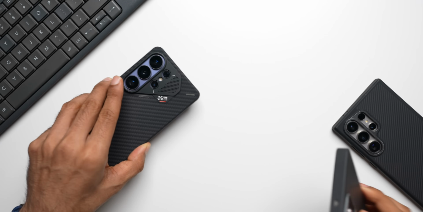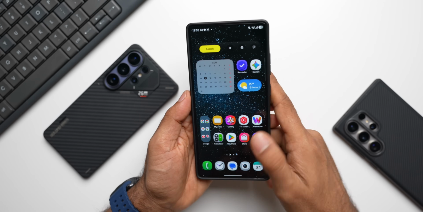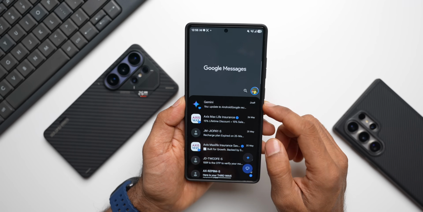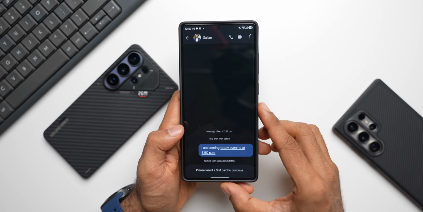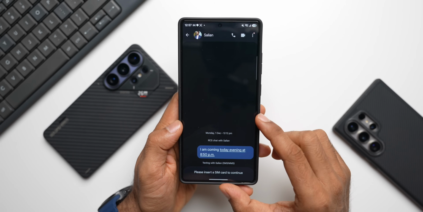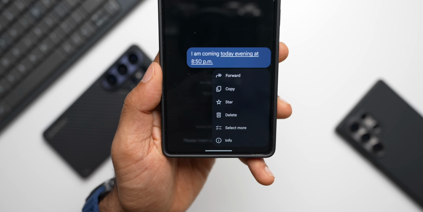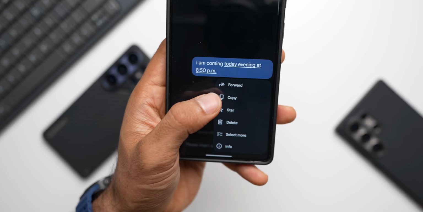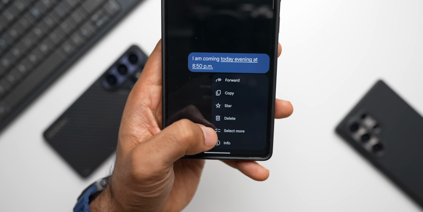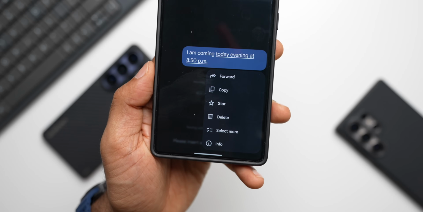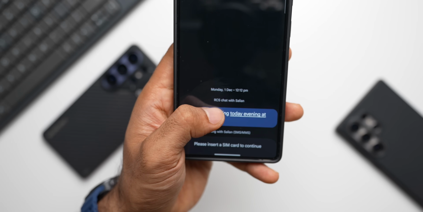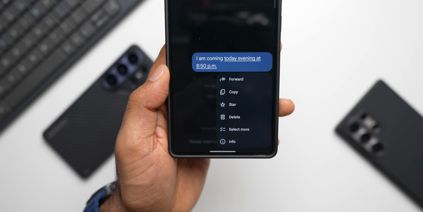Let's open Google Messages on this phone here. It's already updated to this particular version. Let me open a chat here. Now let me press and hold on this message to see those actions. Let me do it in one single hand. Look at that. We've got all those options on a pop-up menu now. Forward, copy, star, delete, select mode, info. All these options are right here and we can execute these actions in one single hand, which is a big